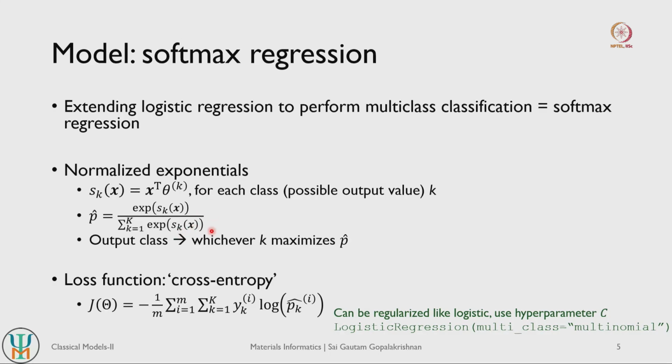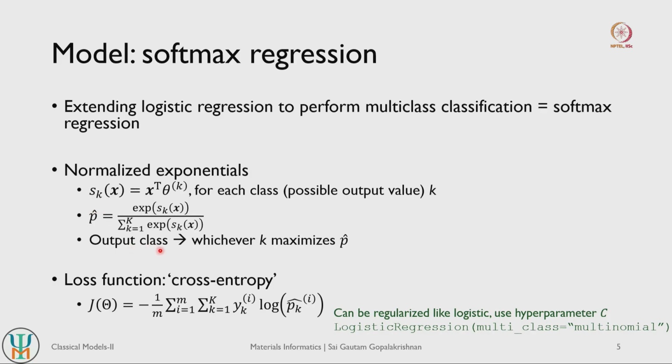So if you are familiar with a little bit of statistical mechanics, this sort of looks like some kind of a Boltzmann distribution, right, but anyways we will get back to statistical mechanics a little later in the course. Basically we define some kind of a normalized version of an exponent of your S_k function as our probability here, as our logistic here.